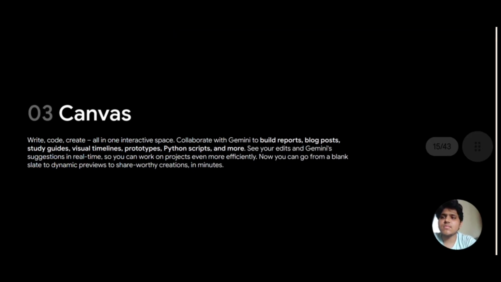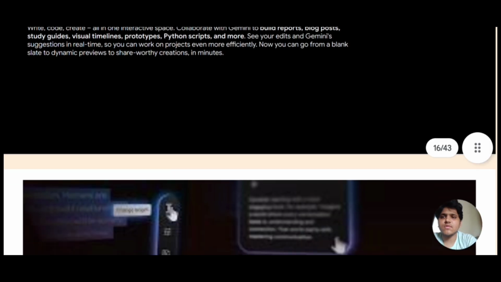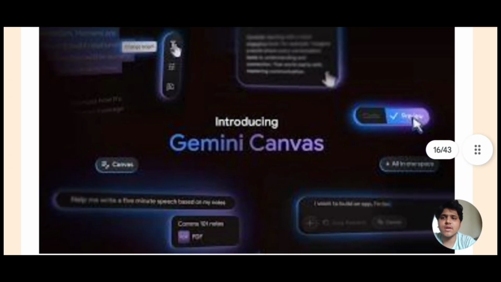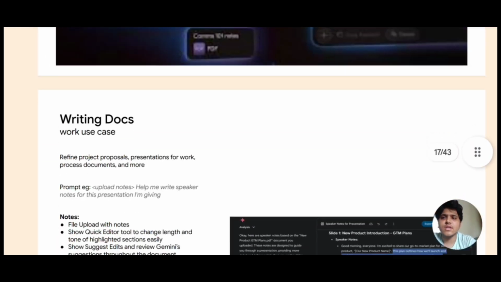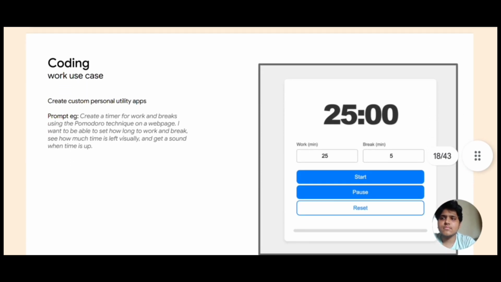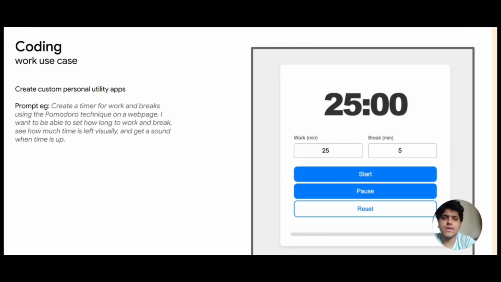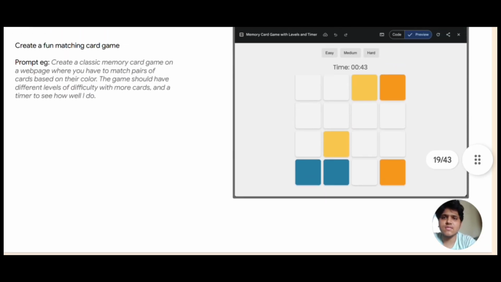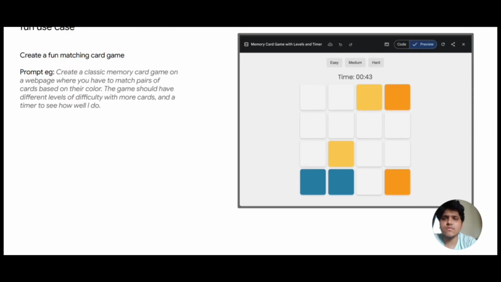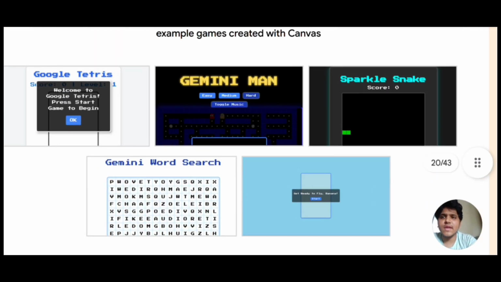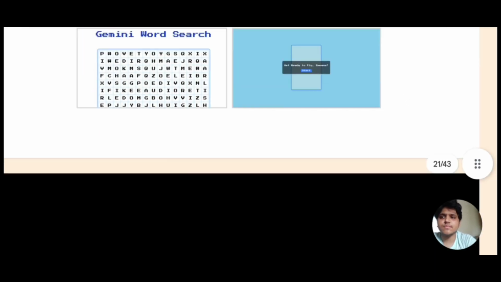Similarly, we have the next feature called Canvas, where you can write and create code. Especially engineering and software engineering students will find the most use of this, for your Python script, JavaScript, something like that, right? Canvas is the main UI of Gemini. So, for example, creating a calculator, you can create a calculator within a few minutes just by writing the prompt, create a calculator for time and work. It will give you the entire code to make this, and many other things. You can also create games with the help of Gemini. It provides you with everything, different types of games, not only some.